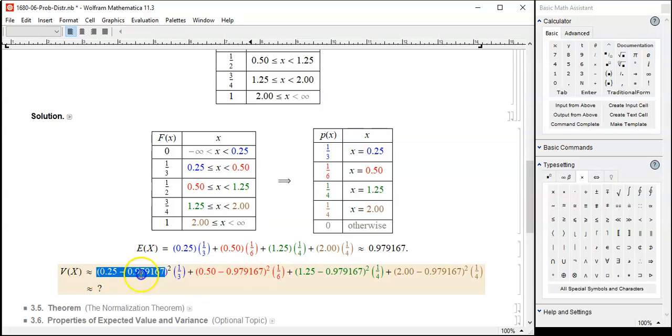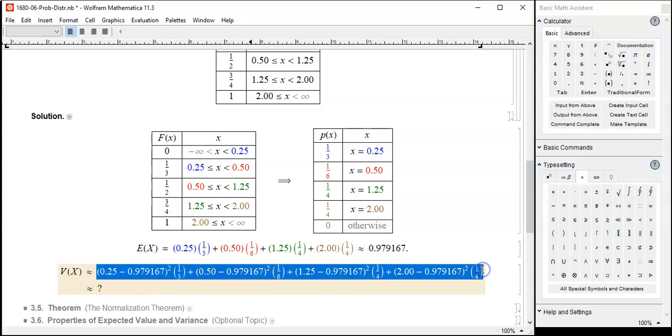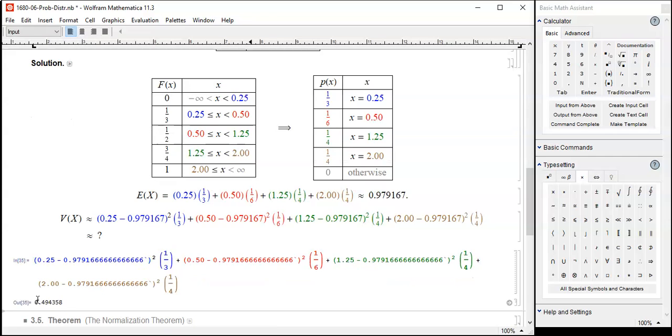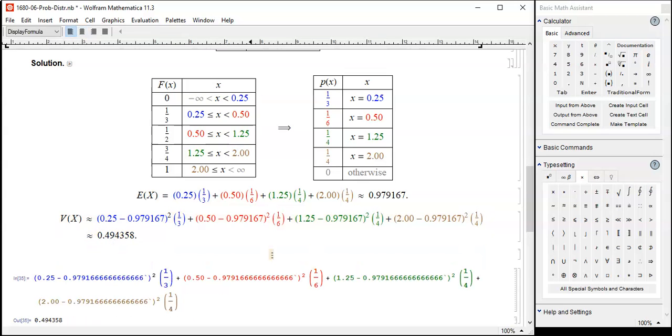And let's calculate this entire thing. 0.49 something. I guess that's the variance. All right. And thus the standard deviation,